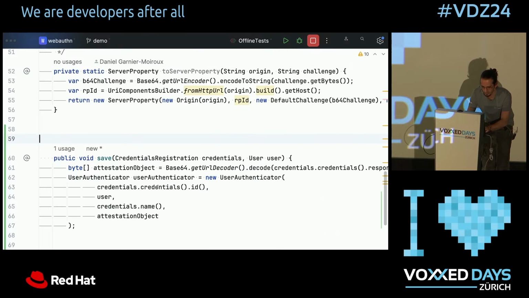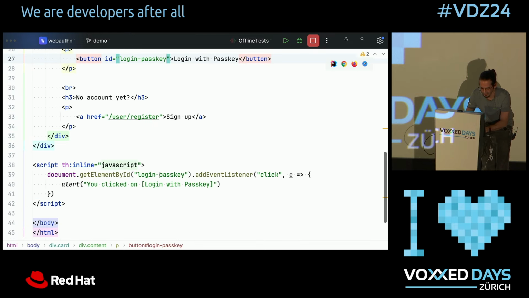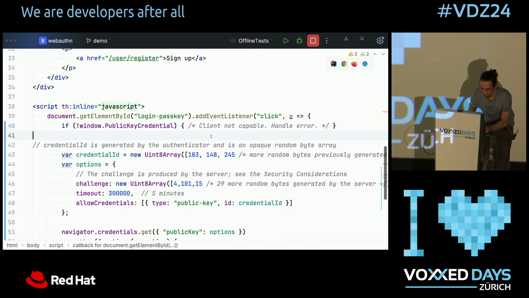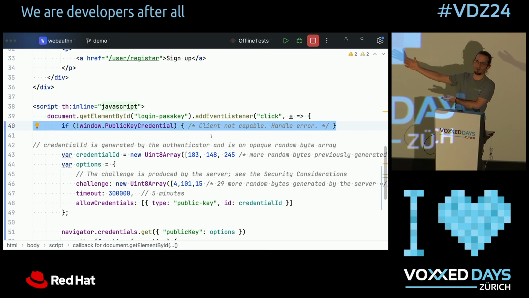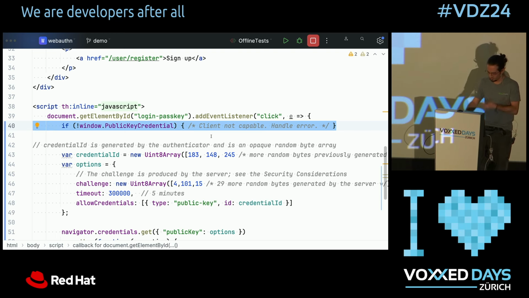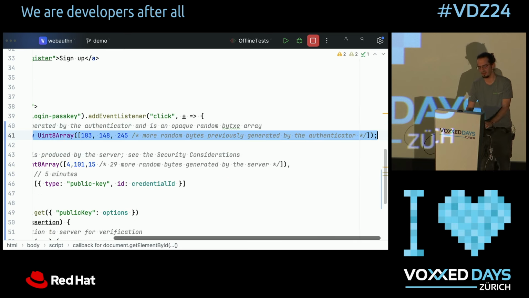and I'm going to put it in this landing page I have, which is the public one. And in here, I'm going to paste this. So again, if your browser doesn't support public keys, you should probably not even show the public key button. But for now, this is Firefox. It does support it. So okay. Credential ID here,